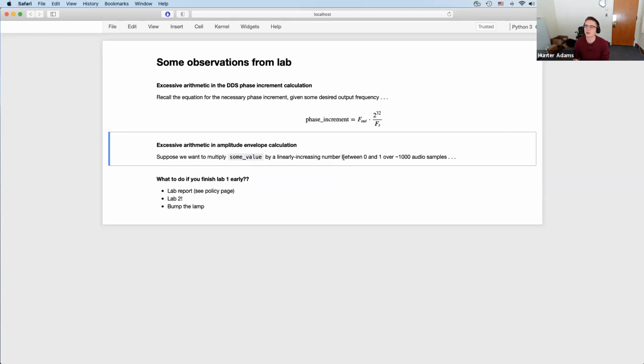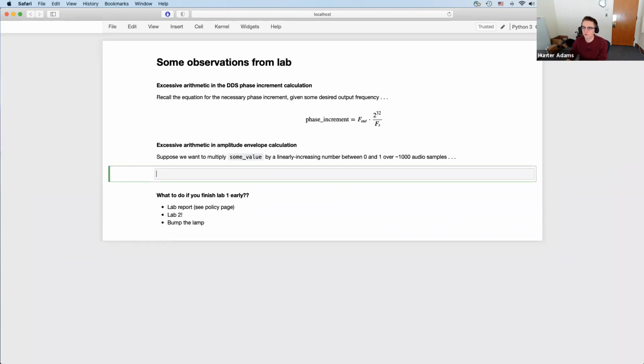So I'm seeing a lot of code that is checking the value of that incrementing variable, and if it's less than some threshold, say 1,000, then it's doing a floating point division of the value of that variable by 1,000 to get a number between 0 and 1, 0 at value 0, 1 at sample 1,000, and multiplying it by the value that you're sending to the DAC, so that you end up with a linear ramp over the course of 1,000 cycles up to some maximum amplitude. I want to just point out that